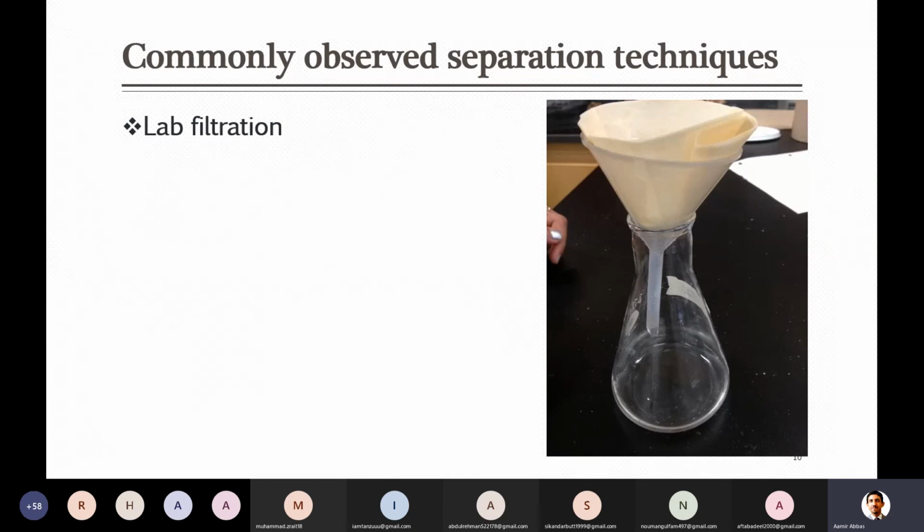So another very common technique which you have seen, I think you have performed a lot of experiments in chemistry labs or related to chemistry. So why do we use such a kind of filter? What is the purpose here? The solid and liquid, the solid which forms, the crystals, we have to separate them from the liquid. Yeah, so we use filter paper, most of the time in order to separate the crystals which are formed, or maybe sometimes to remove some solid from the liquid.